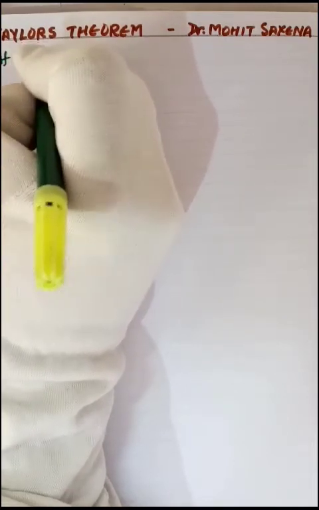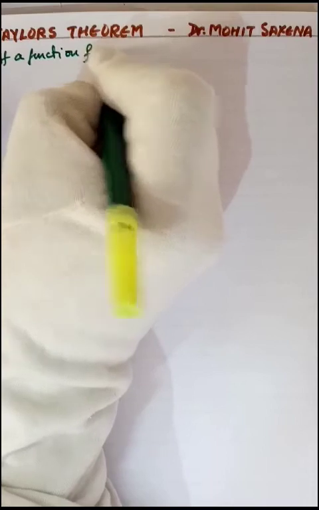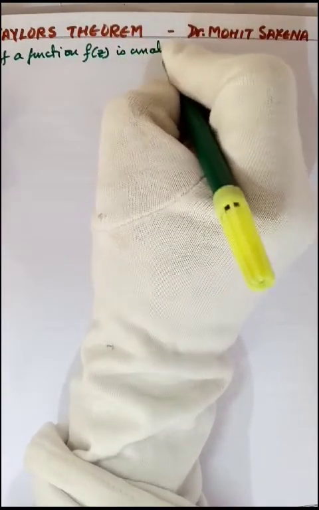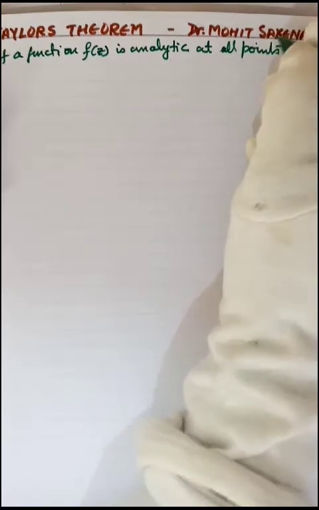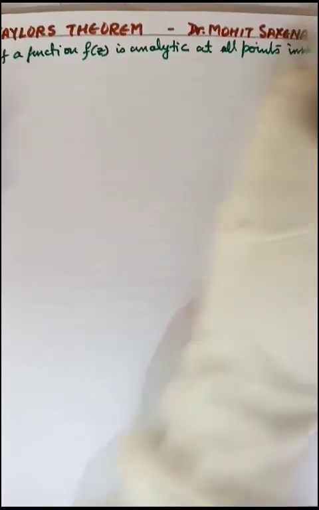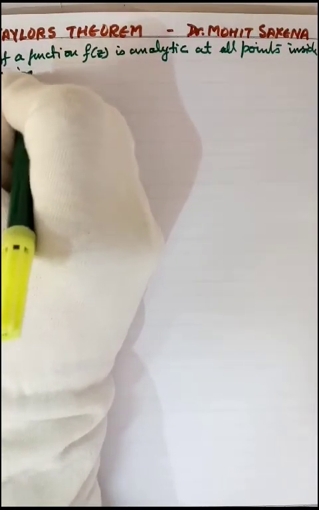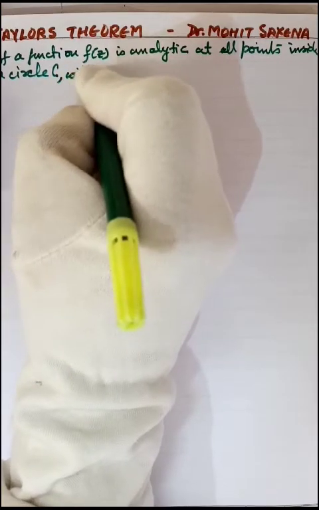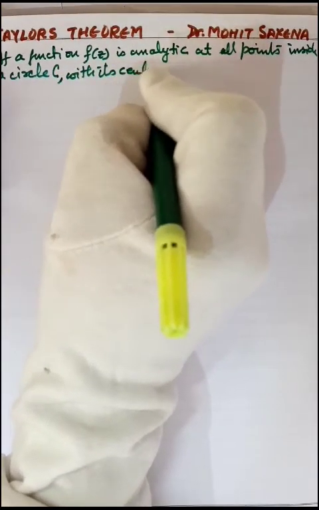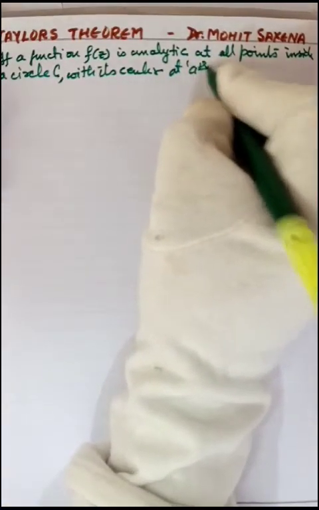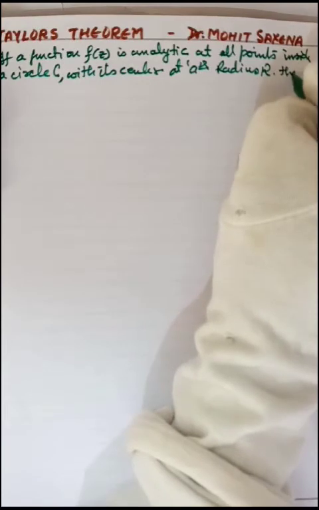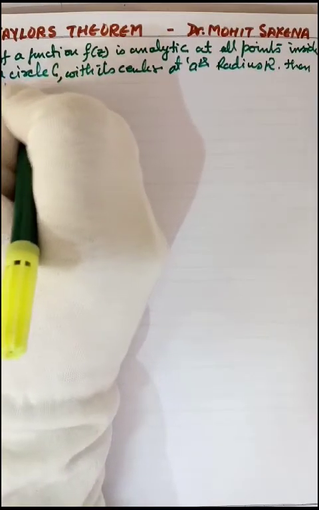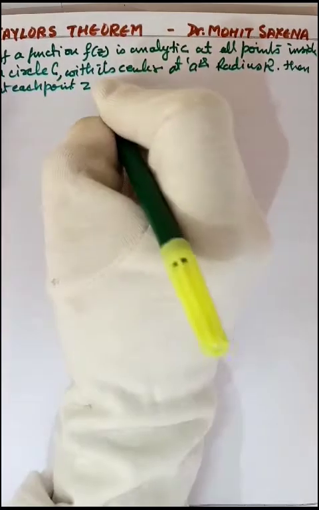What Taylor's theorem states is that if a function f(z) is analytic at all points inside a circle C with its center at A and radius capital R, then at each point Z inside C